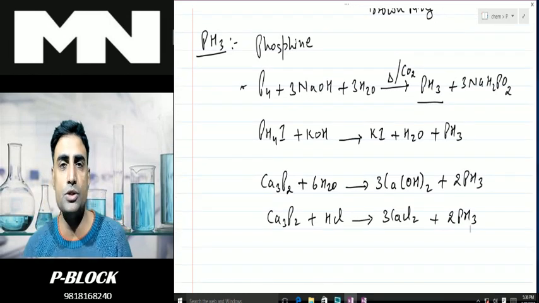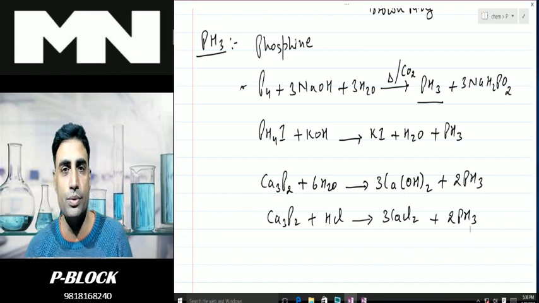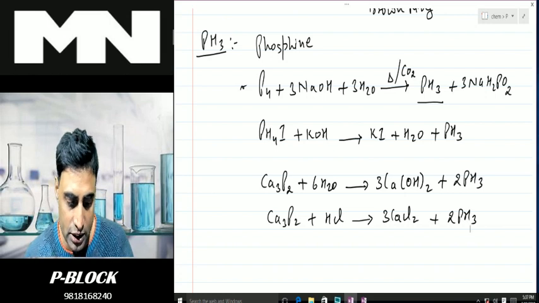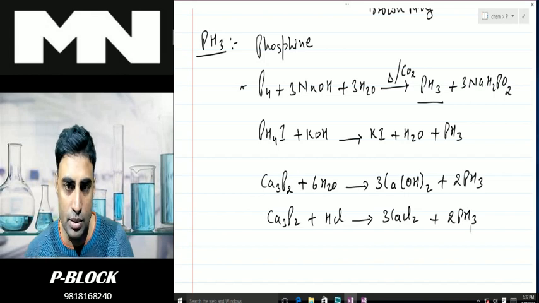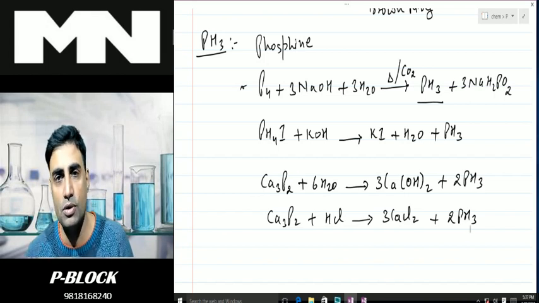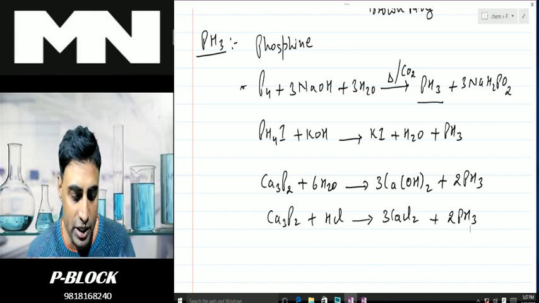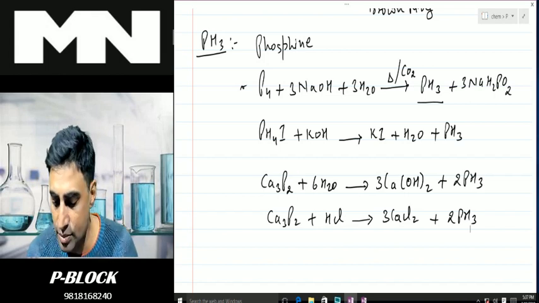As far as the properties of phosphine are concerned, I have already taught you. They are very similar to NH3. We have done hydrides of the 15th group, in which we have done NH3, PH3, SbH3, AsH3, BiH3. We have talked about their basic characters. So its properties are very similar to that of ammonia. Like ammonia, it can react with a large number of metals. It can act as a ligand also, where it will donate its lone pair of electrons. So we can see some of the properties